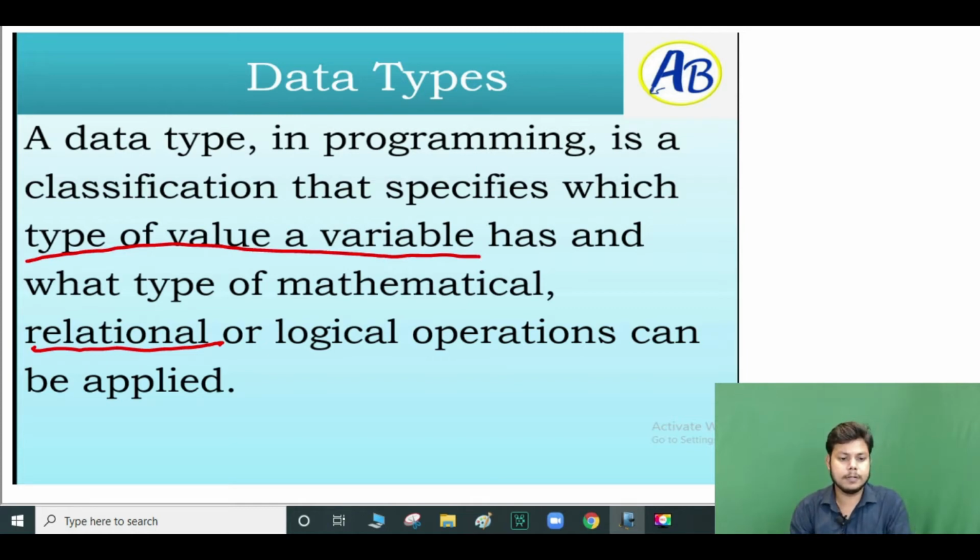First, let's focus on the types of value a variable can hold. I'm giving you an example with different kinds of fruits. The bigger ones, apple and orange, will come in one type. The grapes and the smaller fruits will come in another type. A type is nothing but the container type: what kind of value will get stored in what kind of container.